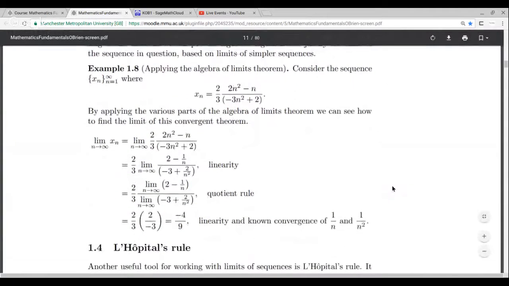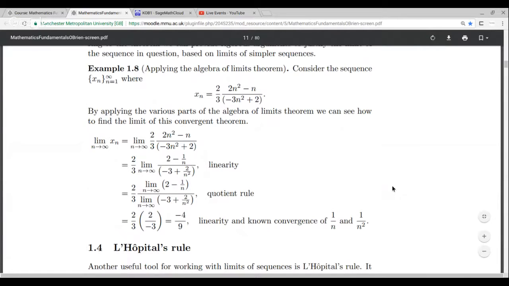We'll look at this example and also look at one of the exercises in the questions at the back of this chapter. So in this example here, example 1.8, we're presented with a sequence xn on the top, and it's a fairly complicated sequence. The formula for it is relatively complicated. I'll put this on the two screens while we're on it. But we can spot that the ingredients used in the definition of the sequence are familiar. We've got powers of n.